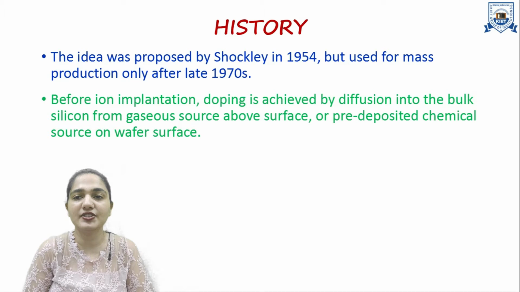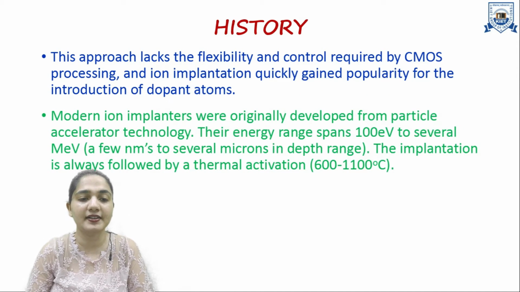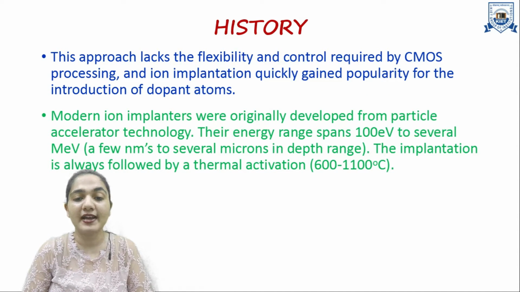So let's first begin with the history of ion implantation. The idea was proposed by Shockley in the year 1954 but used for mass production only after the late 1970s. Before ion implantation, doping was achieved by diffusion into the bulk silicon from gaseous sources above the surface or pre-deposited chemical sources on the wafer surface. So diffusion was very popular at that time. This approach lacks the flexibility and control required by CMOS processing, and ion implantation quickly gained popularity for the introduction